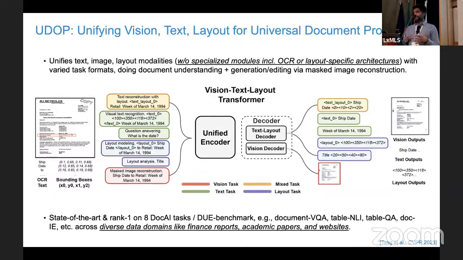And it also covers very different kinds of tasks like direct visual question answering on a document, entailment in tables, question answering on tables, document information extraction, right? So all kinds of diverse tasks, but directly on very diverse layout multimodal documents, as opposed to already assuming that the model will know what exactly is the input and where it is located.